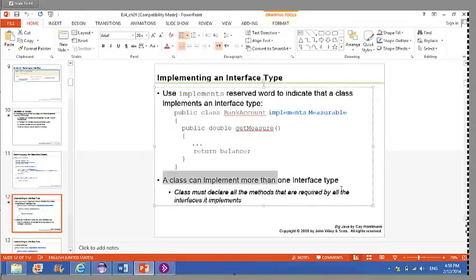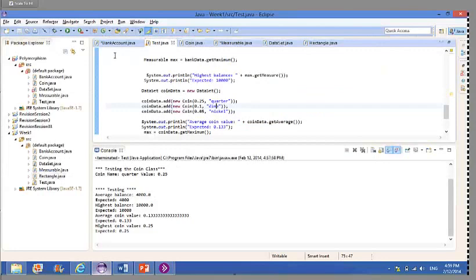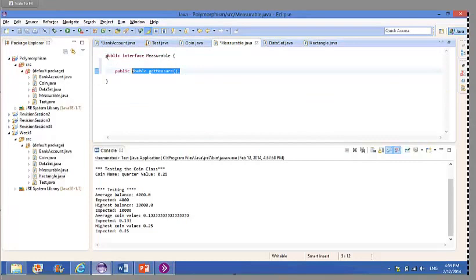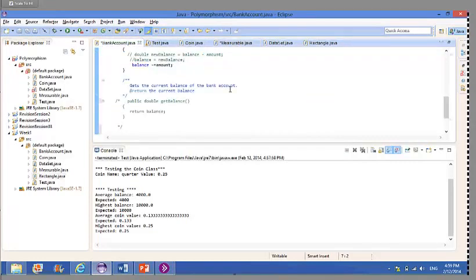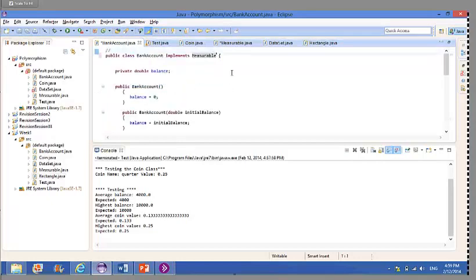An important point here, a class can implement more than one interface type. So let's say bank account implements the measurable interface, and then there is another interface called, for instance, X. I can create another interface like that, and if I want bank account to implement that interface as well, I will just write here measurable, comma,